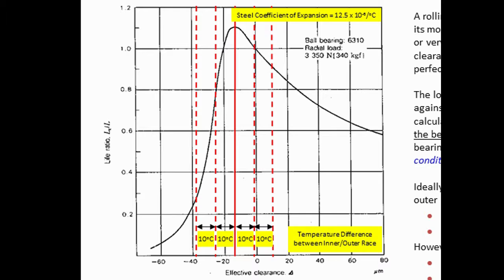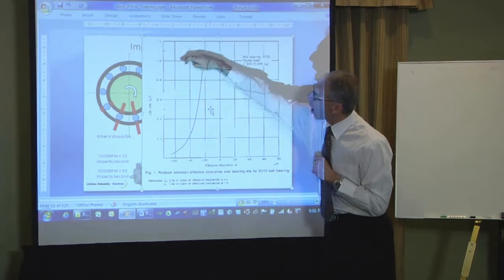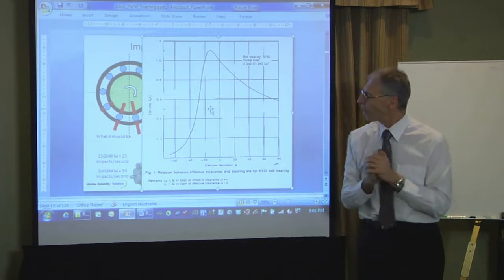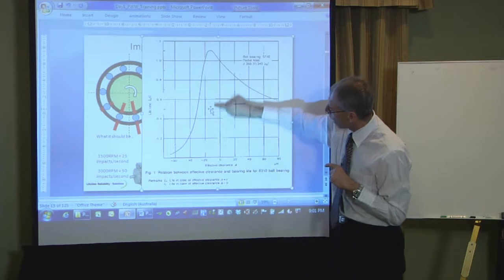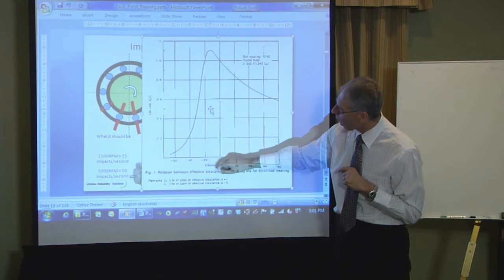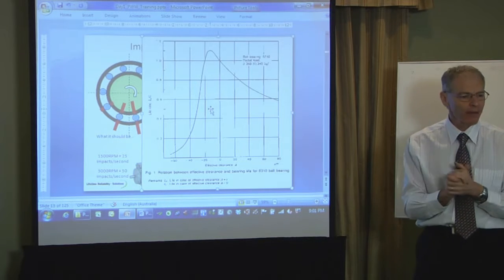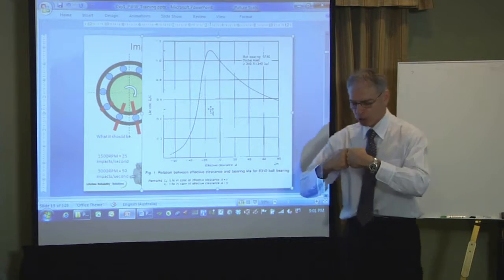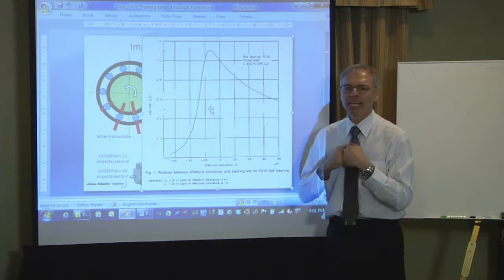And what it's saying is this particular bearing is a ball bearing, and to get full life, a life of 1, the full design life, the interference fit required is a small preload of about minus 15 microns, about half a thou preload. So actually you've got to push these ball bearings together intentionally about half a thou at operating temperature to get